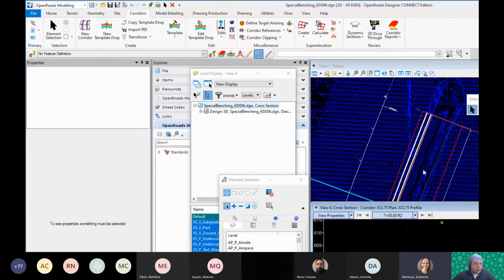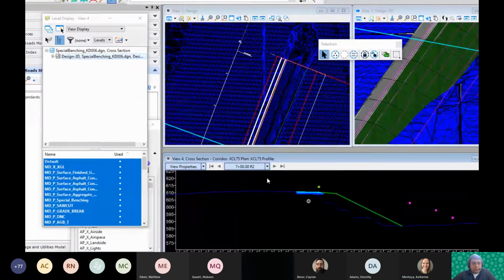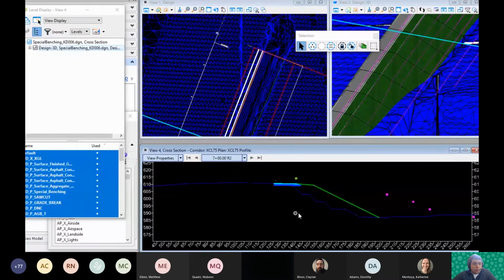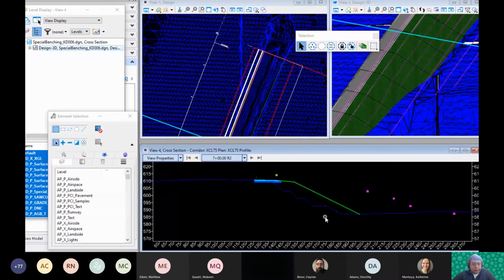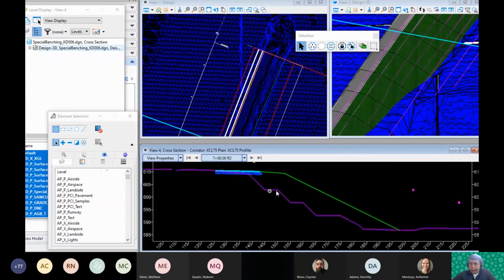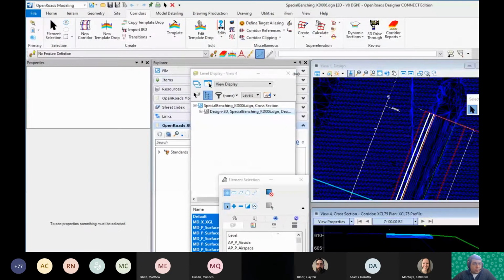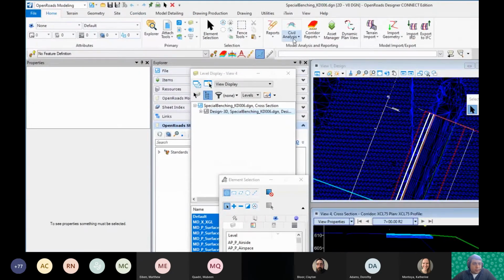So all I did is I switched to another file to create my cut fill graphics. All right. So when you do this, you've got to be careful what you reference in, because it's going to look at everything and see what's classified as existing, what's classified as design. So don't just go ahead and reference everything in, or you're going to get some weird results. So I pretty much only have my corridor file and my